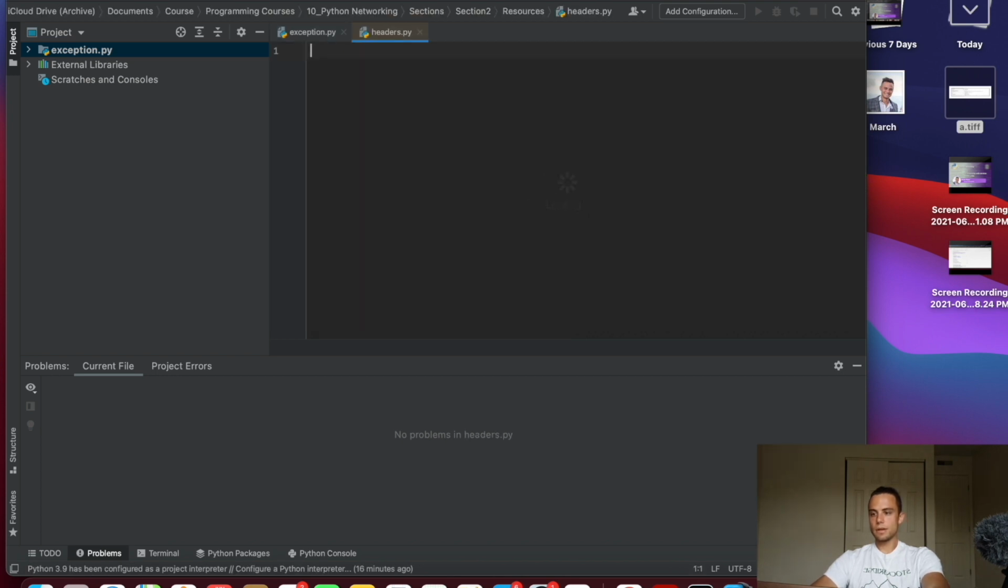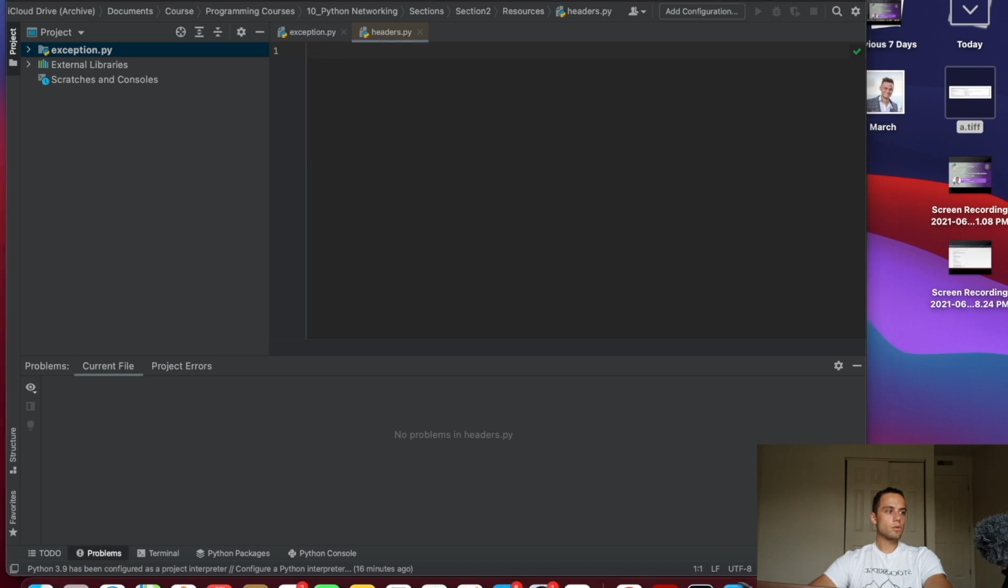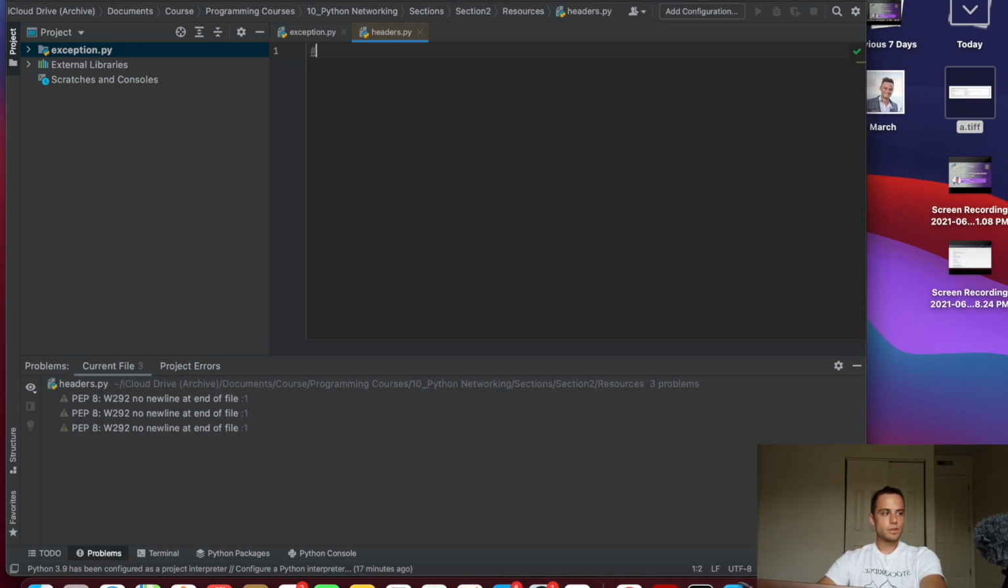Okay, so now we're updating the headers file, and this file, as you can see, once we created it, it is automatically created inside our resource folder. So now we have here the headers.py, and we can actually write code inside it. So let's write a hashtag and then user